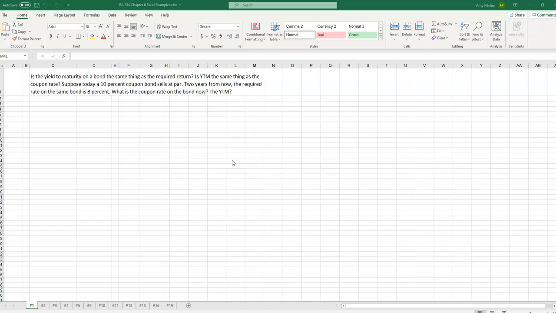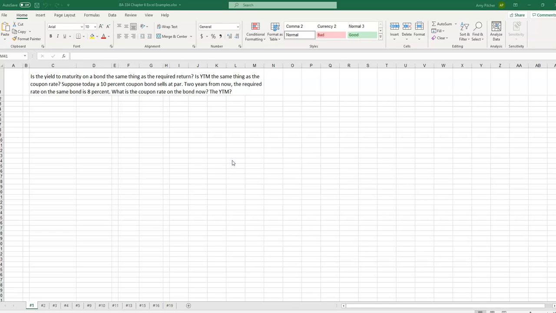Well, if we remember from the PowerPoint lecture and the chapter reading, yes, they are the same thing. So yield to maturity is the required rate of return within the market. It is not the same thing as the coupon rate. The coupon rate is the stated interest rate of the bond, and the yield to maturity is the rate of